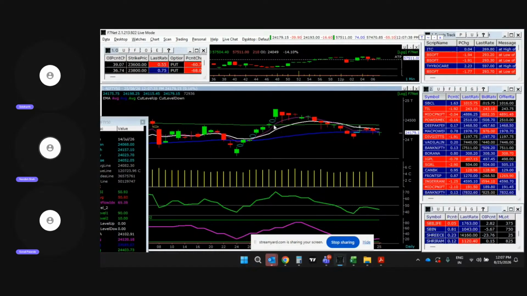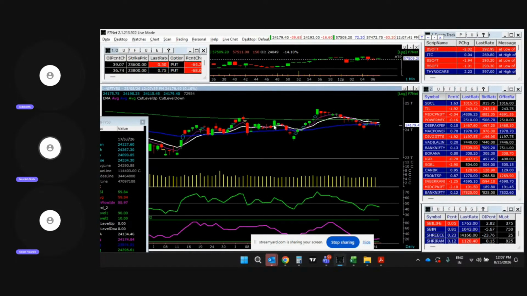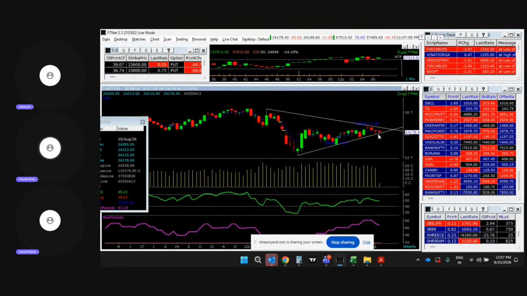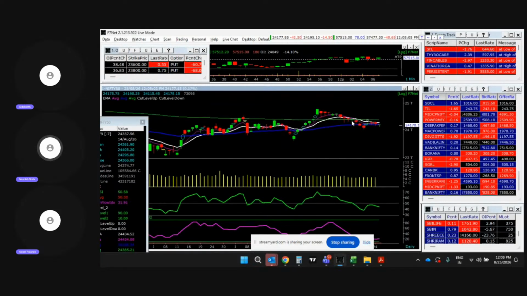So as of now, this broader chart suggests that on the downside, 24,000 is a very strong support, while on the upper side, 24,300 is a very strong resistance. So broadly, Nifty is trading within range, but if Nifty were to break 24,000, then Nifty will also close below this upward sloping trend line, as you can see here. So below 24,000, market trend would be weakened. Till then, we are within the range, and on the higher side, 24,300. If Nifty manages to close above that, then again the short-term trend would turn positive. As of now, we are within the range.